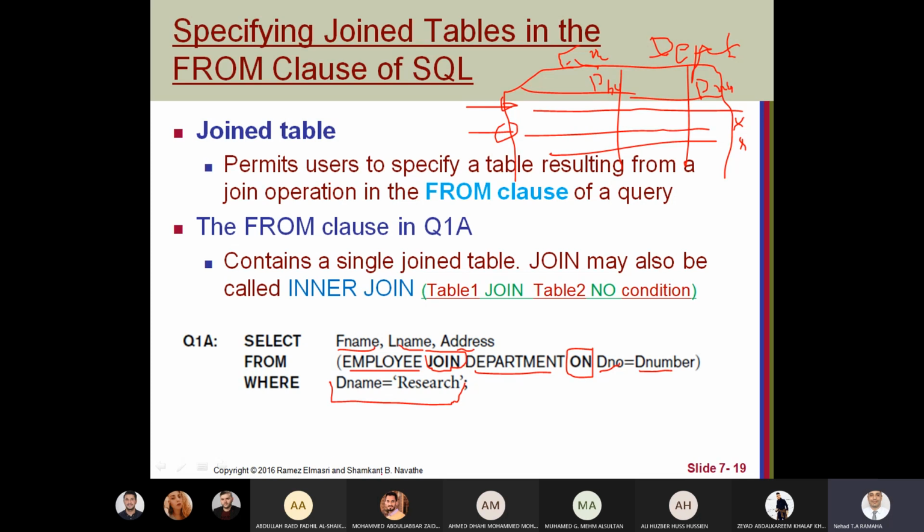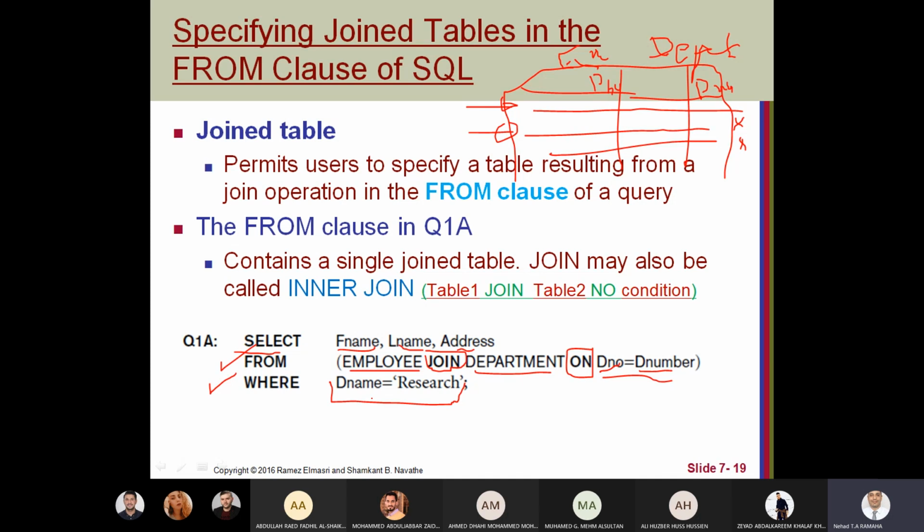So we join between two tables on a specific condition, then we can make selection. You remember in relational algebra, I don't mean the select statement. Selection to get a specific result.